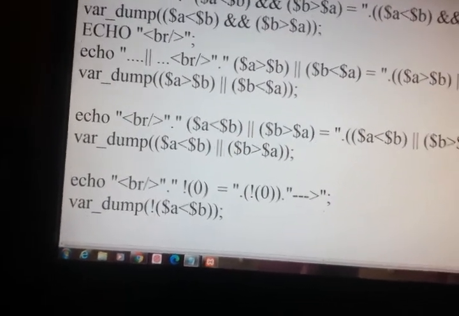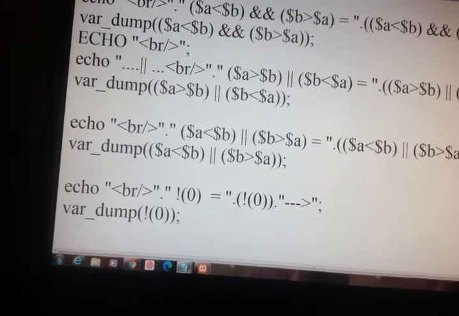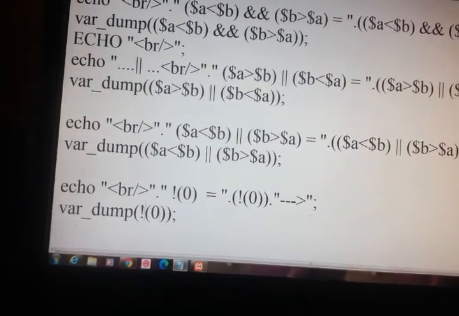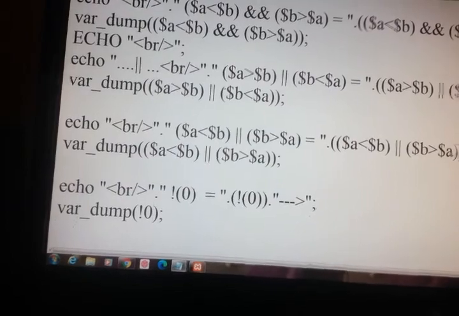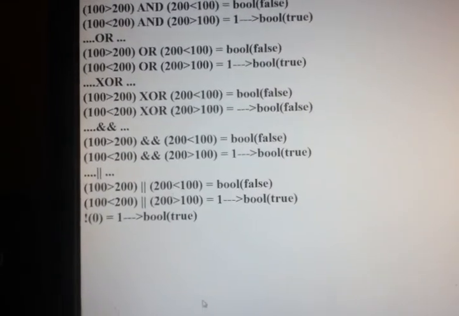Here variable not 0. F5. So not of 0 is 1, so it is true.